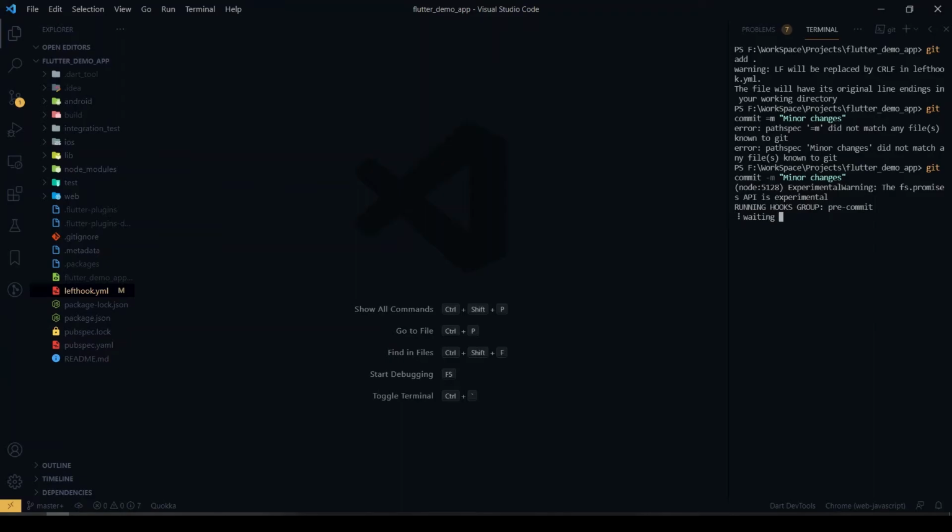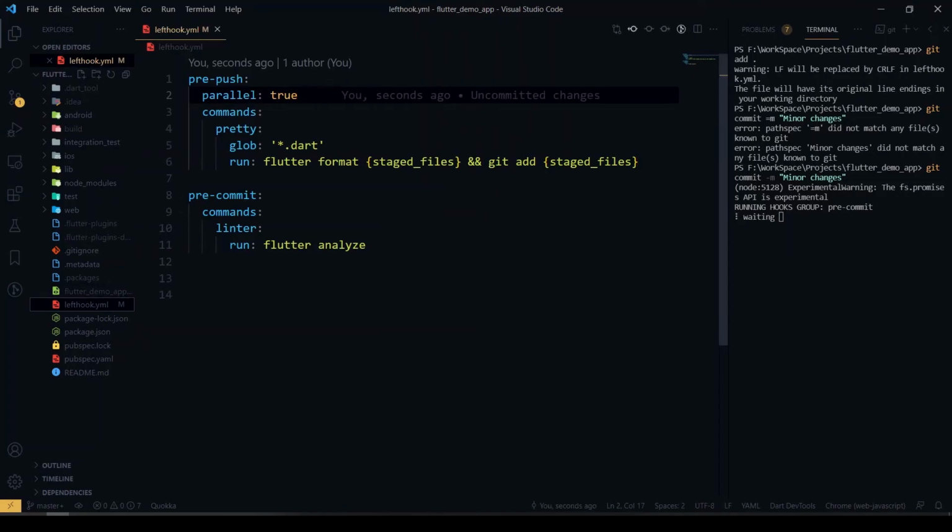As you can see, our hooks are running. Our pre-commit is executing. Inside our pre-commit, we have given the Flutter analyze. As you can see, there are 7 infos in our project, so it won't let us commit our files. It's running now.